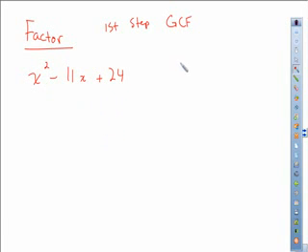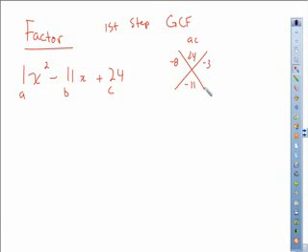If it's got three terms, we're going to use the x method. Pretend there's a 1 here. This is our a value, our b value, our c value. So remember, to get this number, you take the first number times the last number, or a times c. That would give us 24 in this case. b is negative 11. So we need numbers that multiply to give us 24 and add up to give us negative 11,